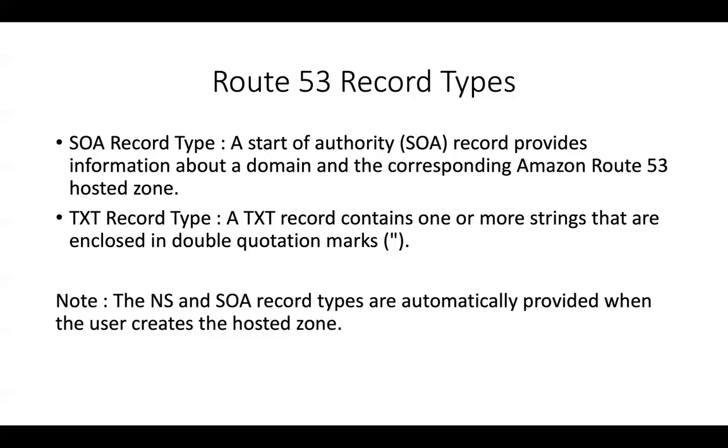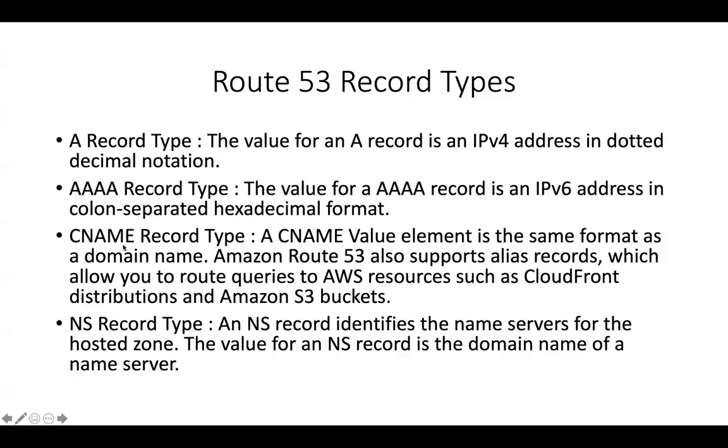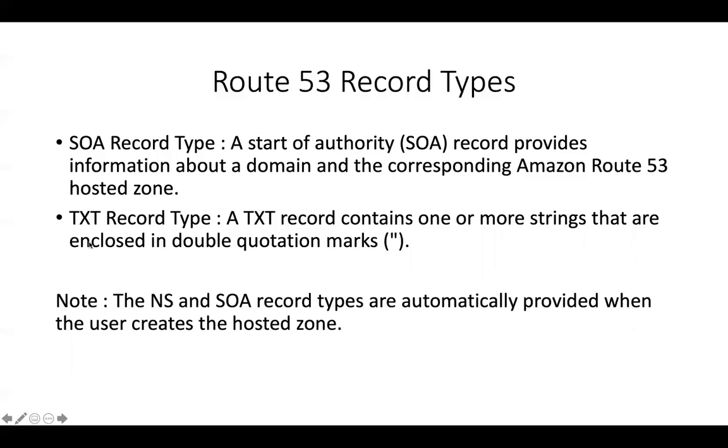And then we have the TXT record, which contains one or more strings. So generally, where would we use TXT records or CNAME records? One good example where we can use CNAME records is where we would like to create an SSL certificate for our application, and we would like to verify the SSL certificate with our domain name, right? So we want to do DNS validation for our SSL certificate that we have purchased. In that particular use case, you will be given a CNAME record and a TXT record to verify.